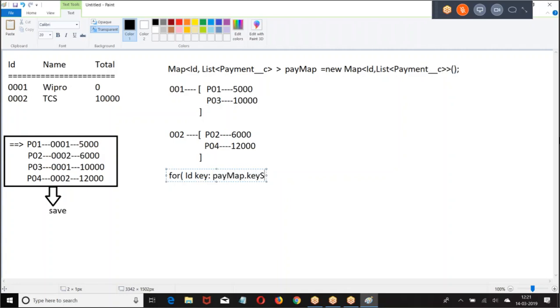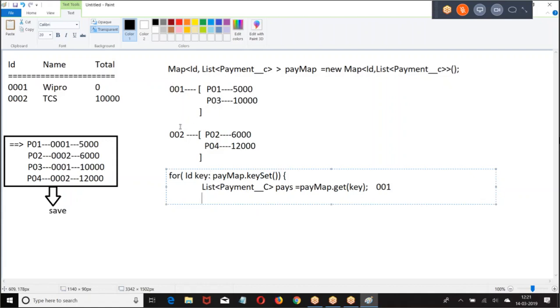Pay map dot key set. What is pay map dot key set? 001, 002. Now I told list of pay is equal to pay map dot get of. So if I give 001, what are you getting? This set of records will come. Am I right? 001, this set of records will come.